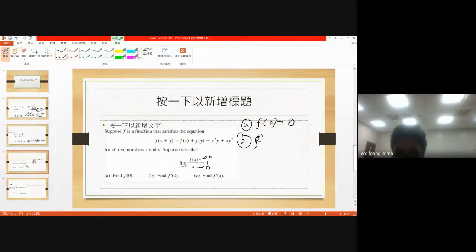So the derivative of f at x is equal to the limit of f(x plus h) minus f(x), over x plus h minus x, so over h, when h is approaching 0, something like that. So this one is equal to the limit